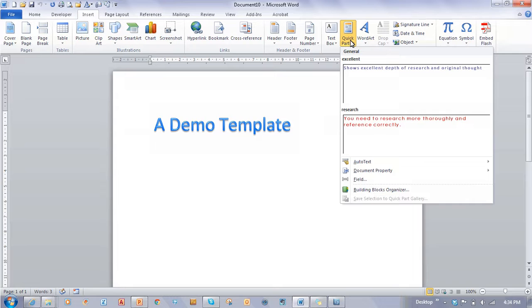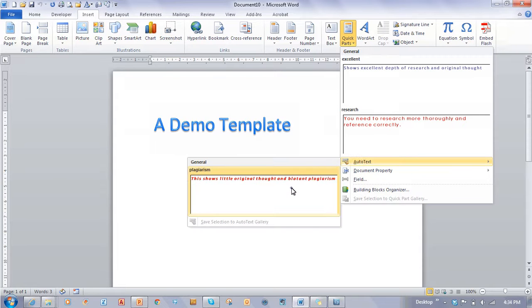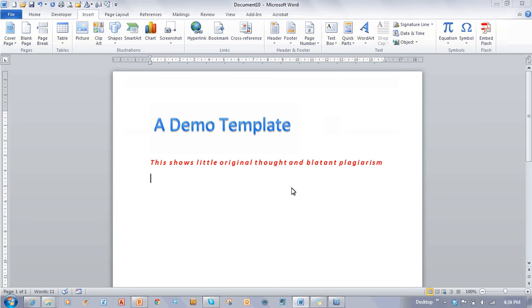Okay, now notice, because this one that I've just done is an AutoText, it's not in my Quick Part gallery. I need to go to AutoText, and there it is, a second level down. Okay, so that is